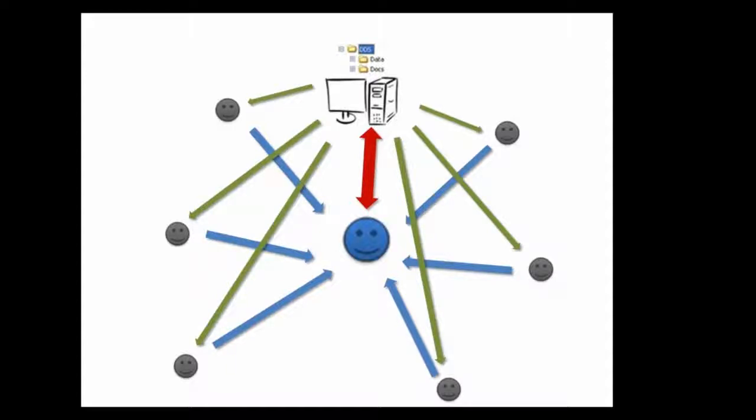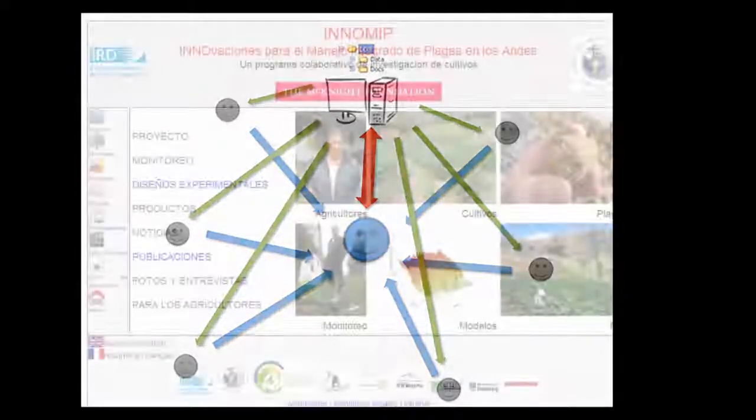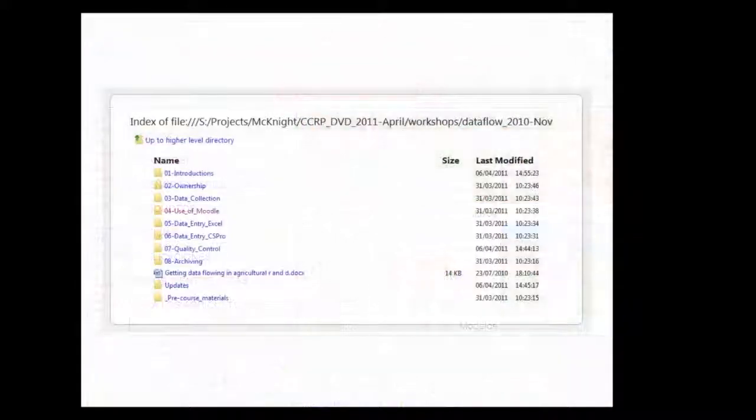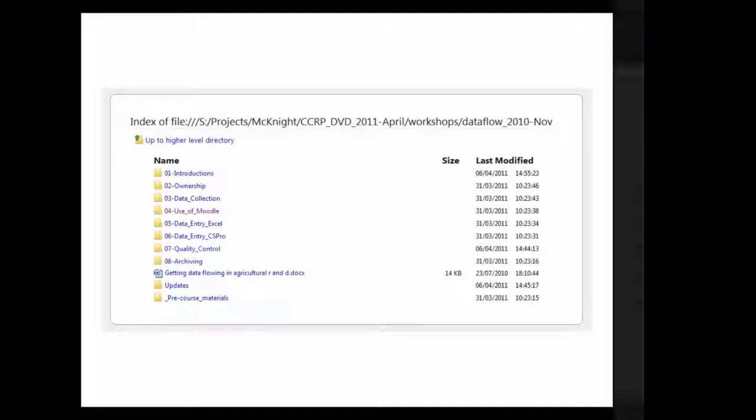Where you store your DDS depends on the resources and local skills you have available. The simplest solution is to have a shared network drive to which all team members have access. Another option is to use a web-based DDS, either creating a website that contains all the project data and documents as done by the INNOMIT project in the Andes, or using a web server to store and view a series of folders and their contents.